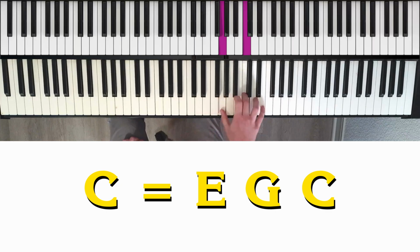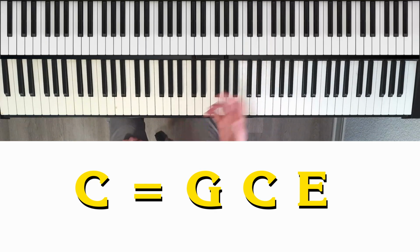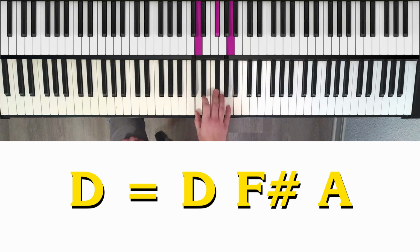Then we move E up an octave, we get our second inversion. We do it again, and we're back to our root position. Lastly, D. D is a little trickier because of this F sharp, pretty much the same shapes as the chords